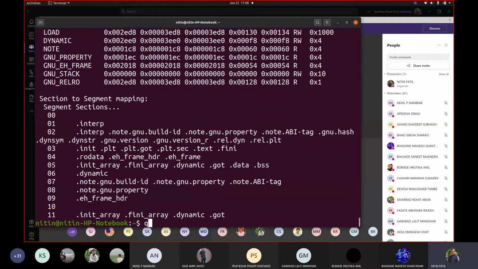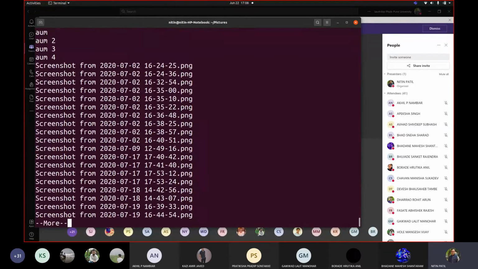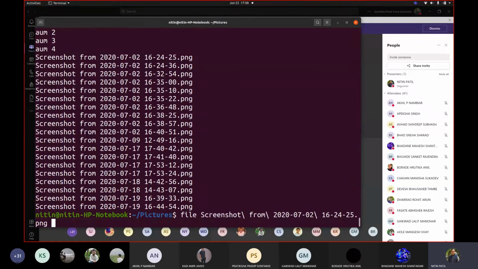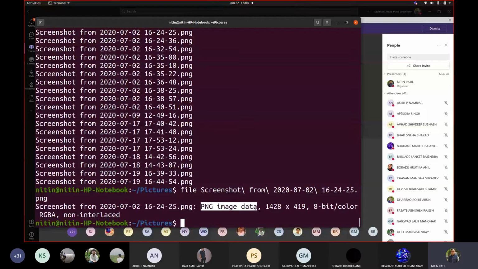Now we were talking about image files. So let me go to that particular directory. If I write file, and let us take a screenshot, 2020 07 02 16 24 25 .png, it tells me that it is PNG image data.